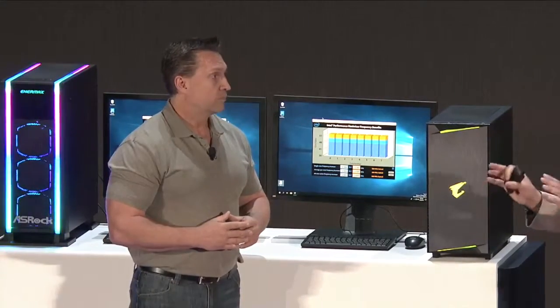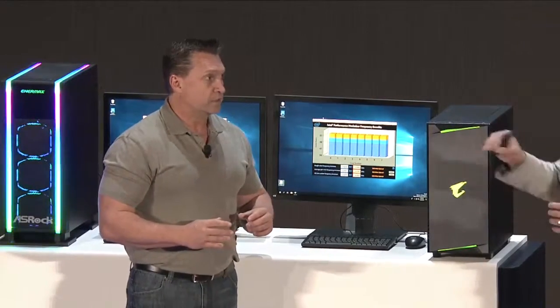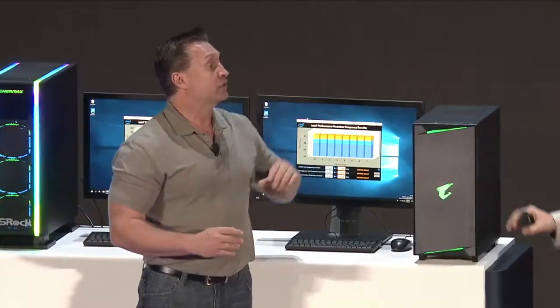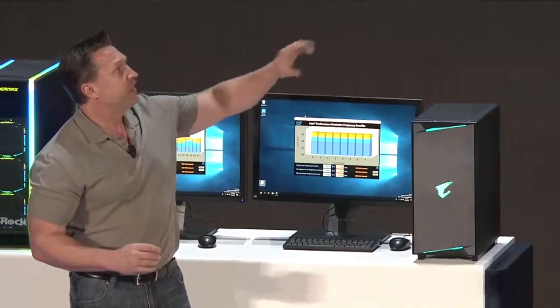You can start it, walk away, and come back, and it'll figure out the highest that you can go to get the most performance possible. Exactly. Now this is the 9700 system. It's a couple clicks down from the system we showed. A couple clicks down from what we just showed over there, but you'll see with the